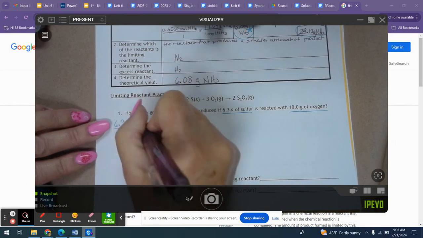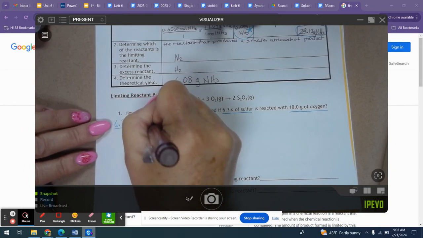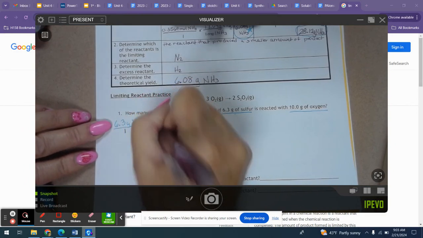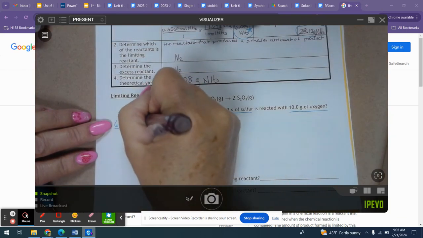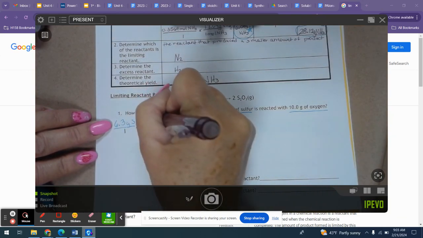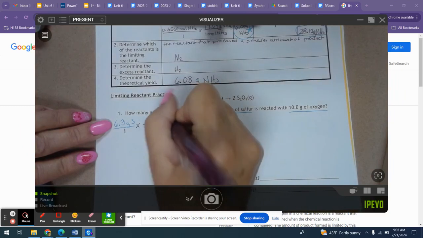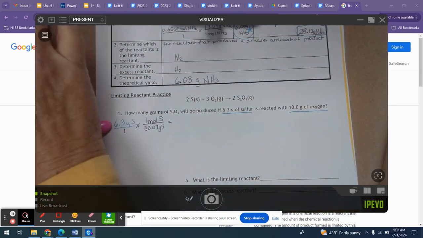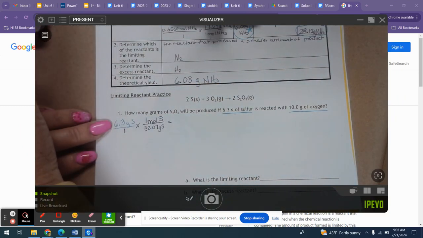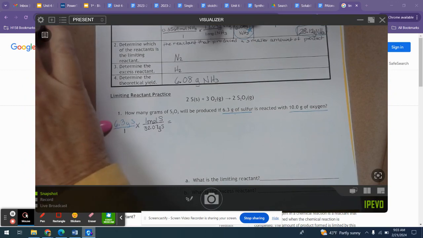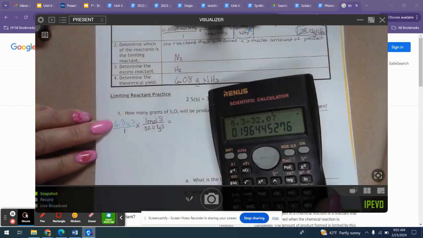The molar mass of sulfur is 32.07 grams, that's on the periodic table, and that's equal to 1 mole of sulfur. If we do this math, 6.3 divided by 32.07, I get 0.1964